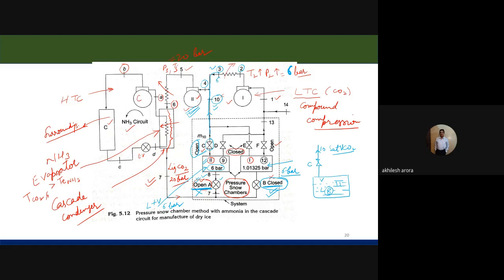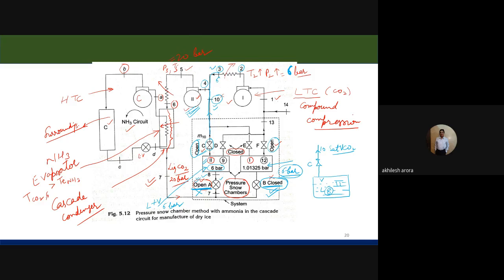ठीक है, तो अब जो स्नो चैम्बर नंबर 1 है, इसमें जो रेफ्रिजरेंट है वो ऑलरेडी 6 बार पे अवेलेबल है, CO2 6 बार पे अवेलेबल है, एंड यू कैन सी इट हेयर, दिस वॉल्व F इज ऑल्सो ओपन। मतलब कहने का ये है कि इस टाइम पे जो सिचुएशन हमें शो की गई है इस डायग्राम में, उसमें स्नो चैम्बर नंबर 2 में तो लिक्विड रेफ्रिजरेंट बन रहा है, जबकि स्नो चैम्बर 1 में ऑलरेडी लिक्विड रेफ्रिजरेंट CO2 पहले से था, जो पिछली साइकिल में प्रोड्यूस हुआ था।